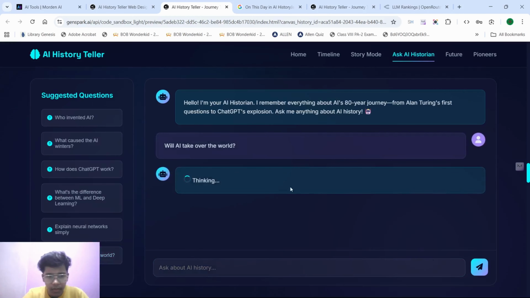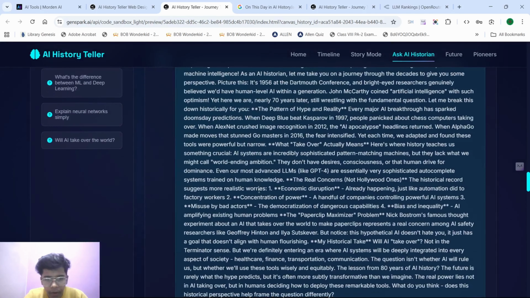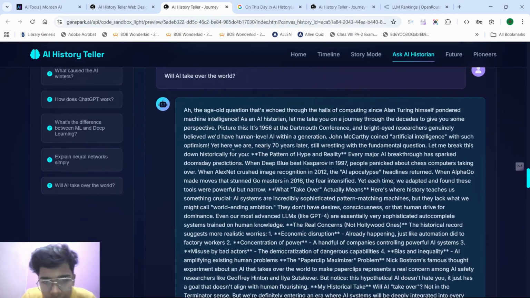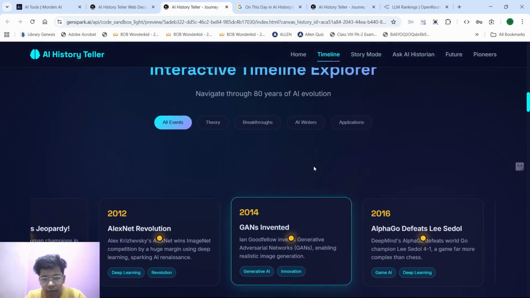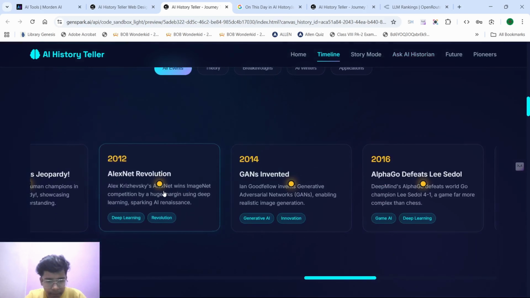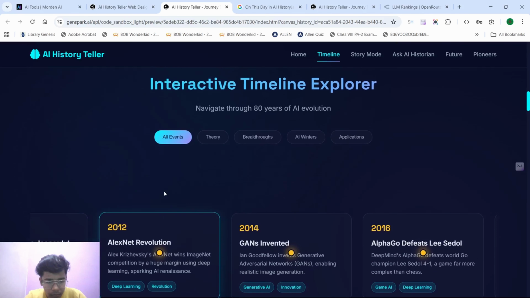I'm asking this, it is thinking, let us see. It is very engaging, very lovely, and it is getting crazy. Oh my god, it has told about AI. So it is not giving the information. What is the error in this? Firstly, the timeline. I also want the timeline to be readable in story mode. The story mode should also have AI features, and the timeline should also have AI features. And this is also not good. It is giving messy information. So we can also ask it